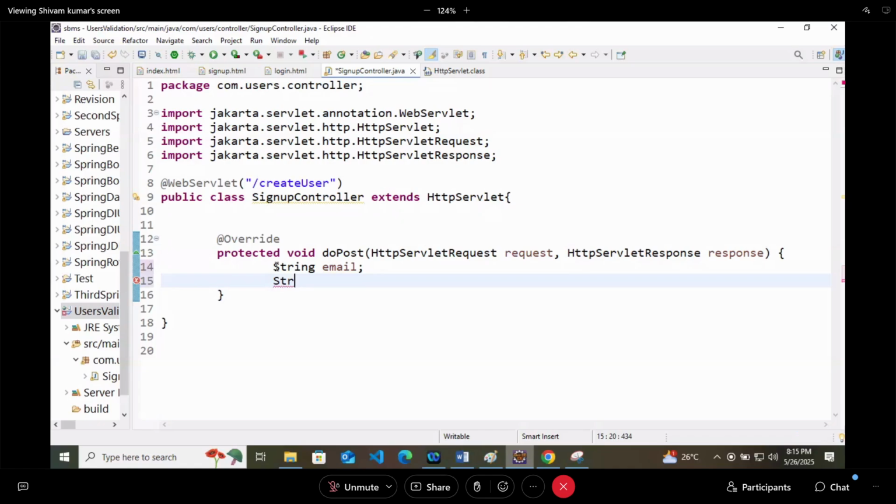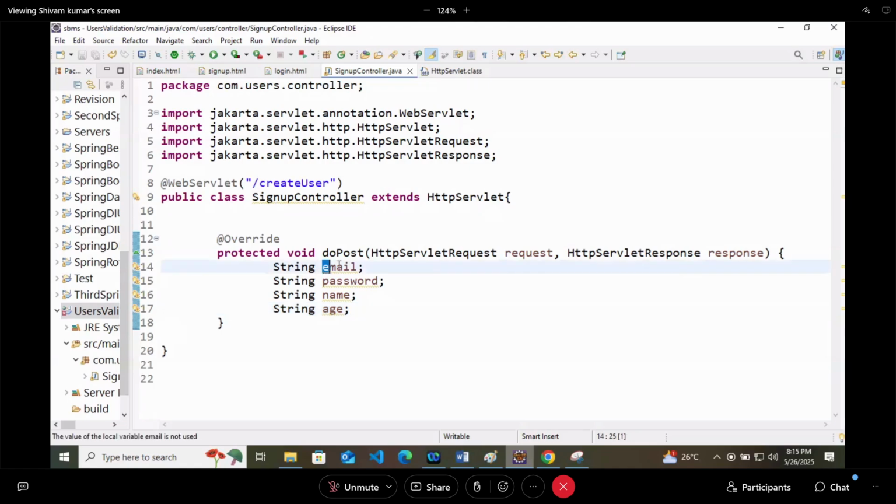String email. Now who will give the value of email? Whenever as a user I am typing these values and hitting the submit button, one request is getting created, and that request object has all the values. So the value of email I will ask from this request only, like this: